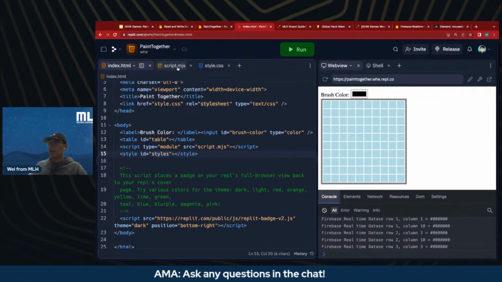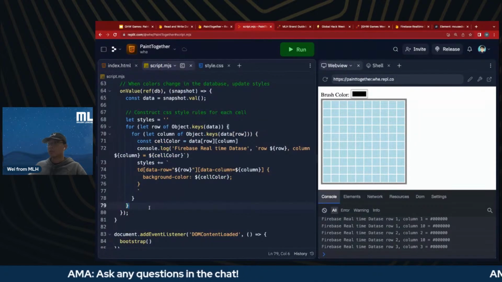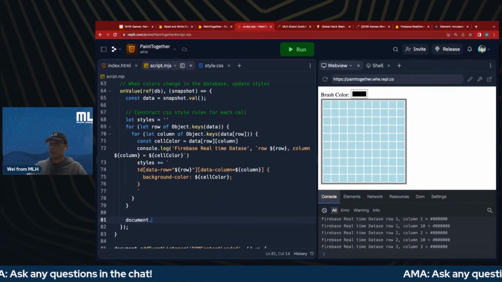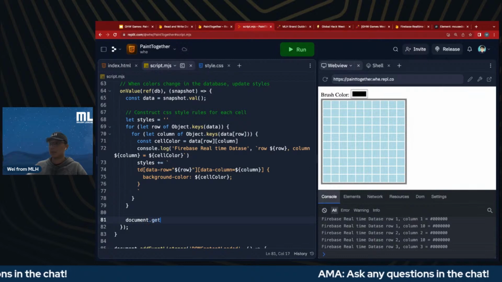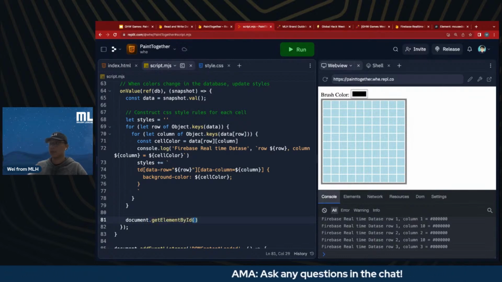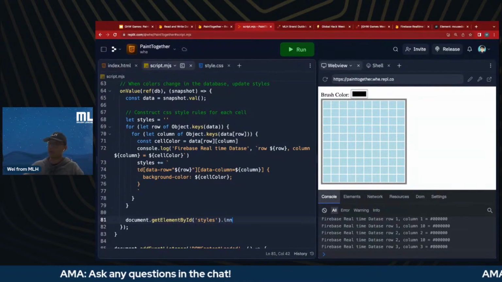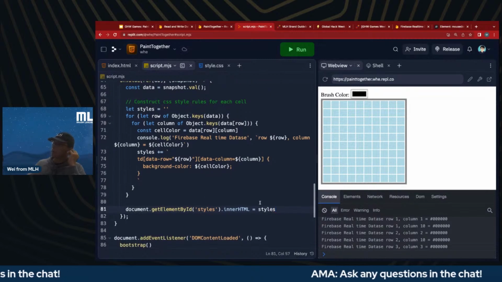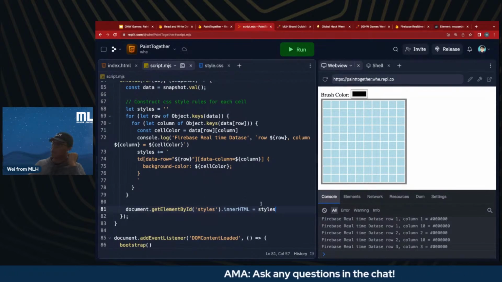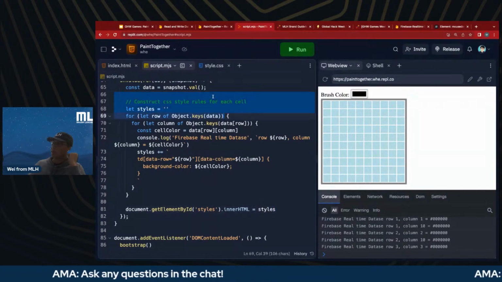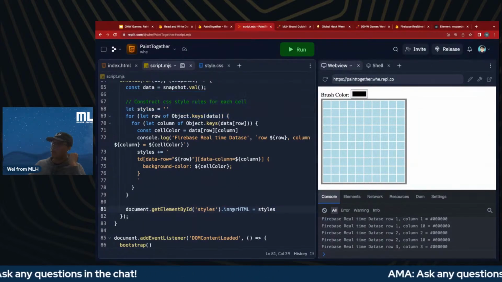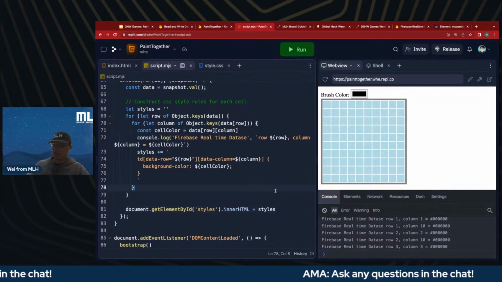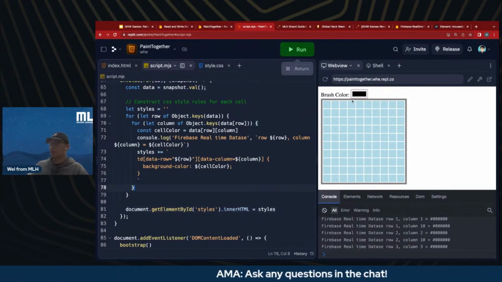And then all I have to do is document get element by ID styles dot, there's a helper attribute called innerHTML, set to styles. Okay. This will set the styles for every single cell onto the page, right? So now if I save it and run,